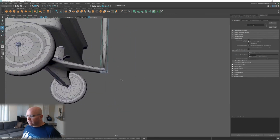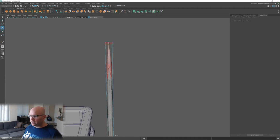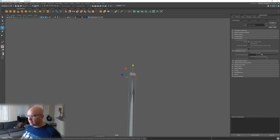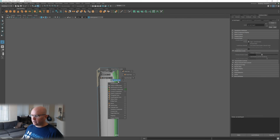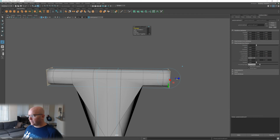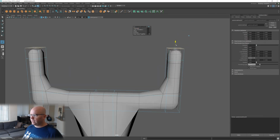Okay, so now again down here, I could just make this look nicer if I drop an edge loop down here, just to get that looking nicer as we work. Up here though, I'm going to go ahead and start blasting out the handle shape. This a little higher. Now in this case, shift right click, extrude. I'm going to pull it up a bit. Then I'm going to grab this one, the F key, zoom in a bit. Grab this one and this one, shift right click, face out, and I'll just go out a bit and then extrude again, pull out a bit more, grab this face and this face, shift click, extrude up, extrude again,